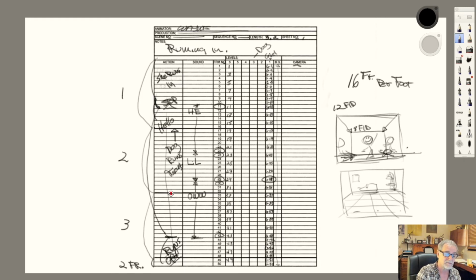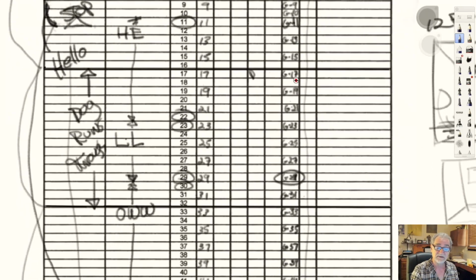And look, I'm being rough over here. It's for me. And the dog comes running through and he just does it for 1 foot, 16 frames. So what we got here is all these frames on the dog level, which is level 3. There's nothing there. We don't put anything. And then what we do is we do our animation of the dog running through, and I'll just let me zoom in so we can see this clearly. Right in this section,